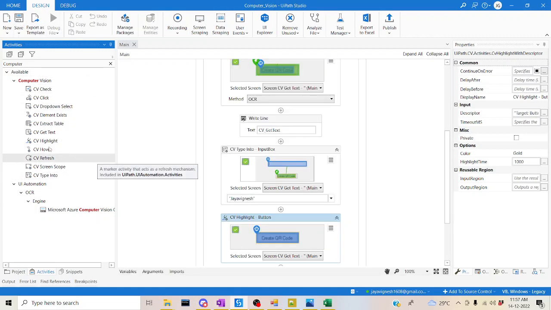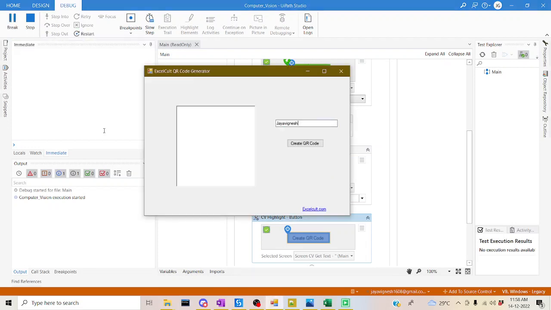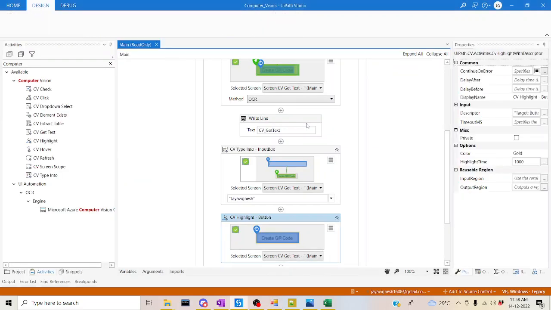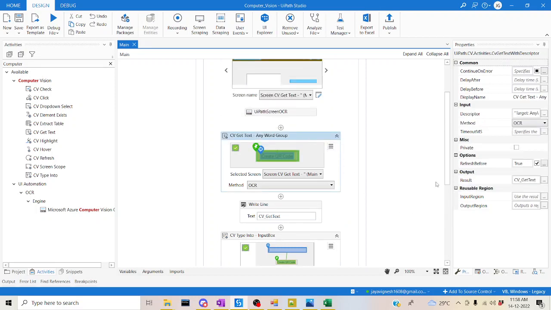You will not be able to see the highlight and so on, so we can check it previously. Let me wait a few moments so that our execution gets started. The execution has started now. It has already recognized, with auto identification, that we didn't make anything like type into empty, right? But see, it has automatically found that refresh before is predefined and marked as true. In normal type into activities, for the empty field,